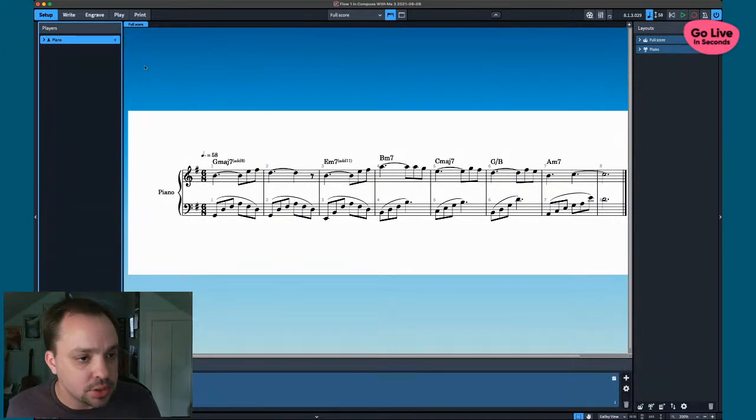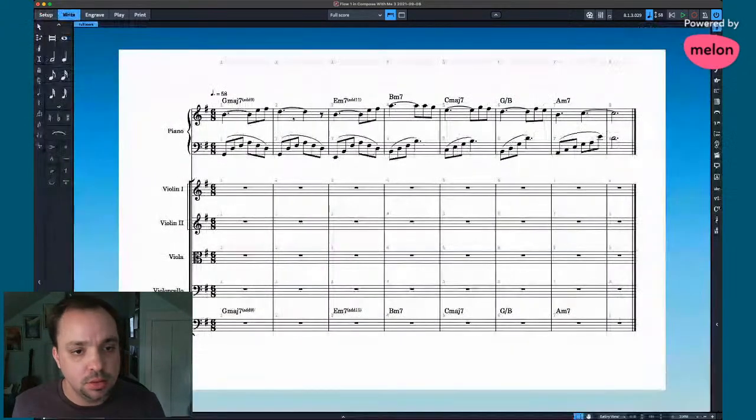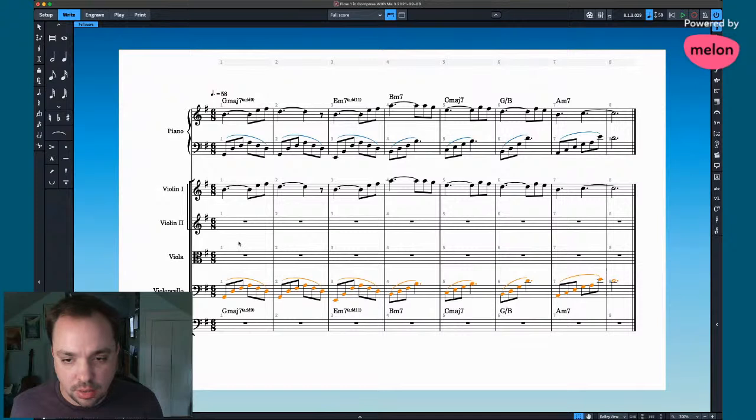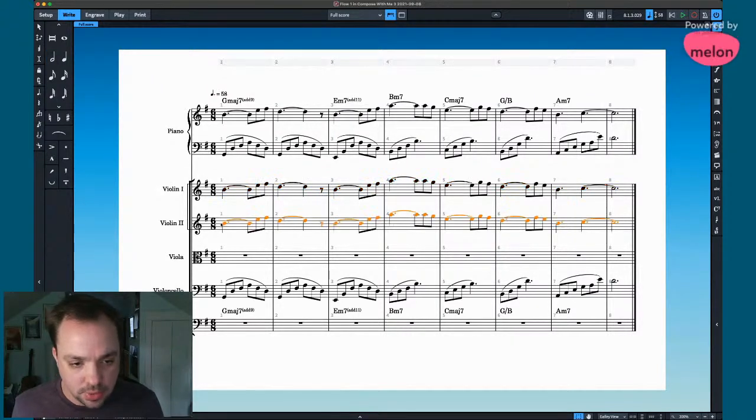Let's add a string section here, and for now we'll put you on the first violin, that may change. We'll put you on the cello, and think about another line underneath, which I think I might do kind of like mostly in sixths.